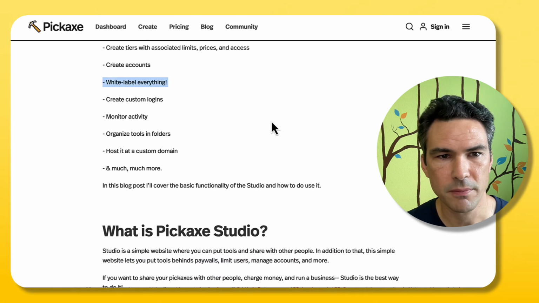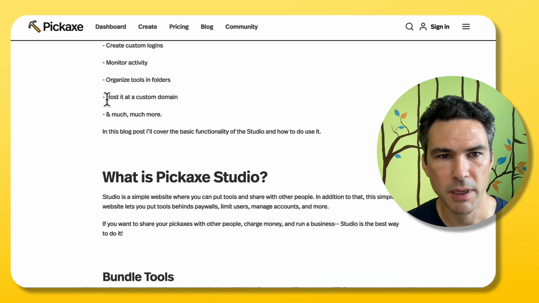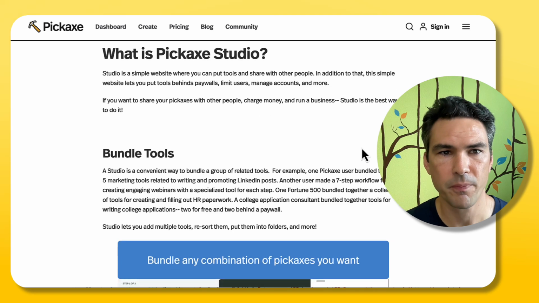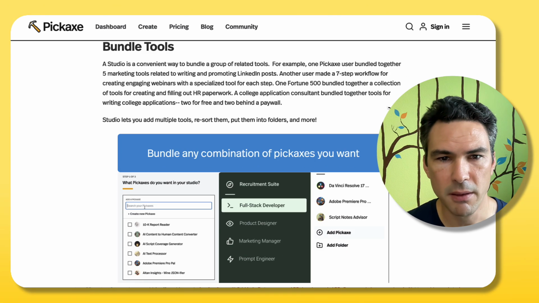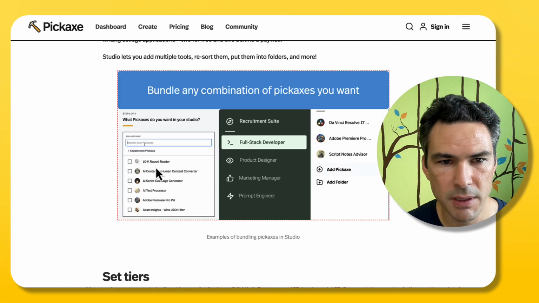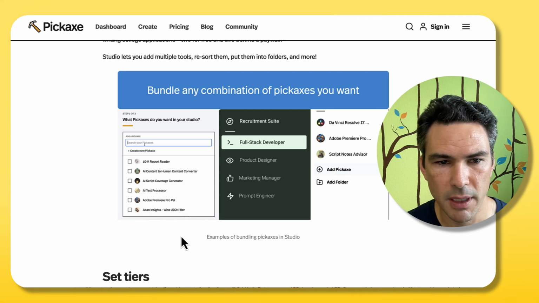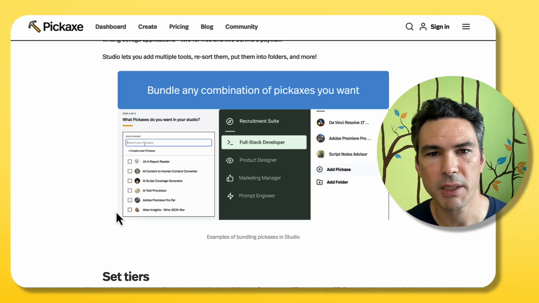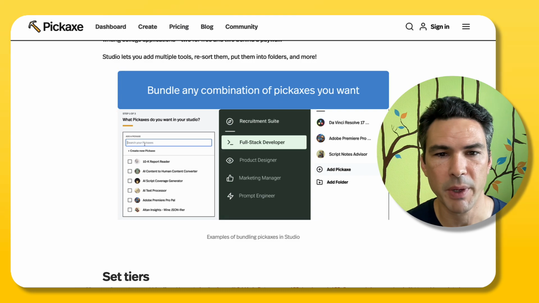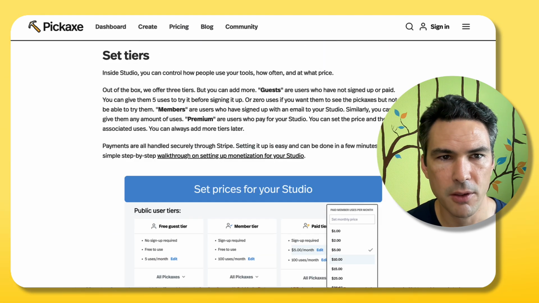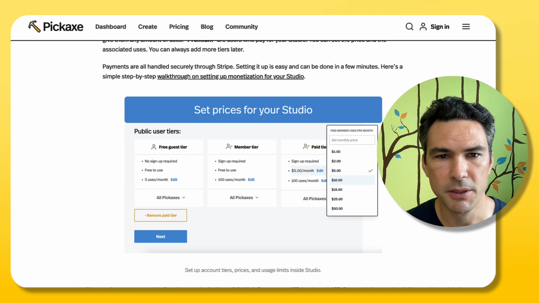White labeling, custom logins, even at your own domain. It's just using their studio functionality. All right, so here's the bundling. So you have this 10K report reader, AI text processor, etc. You can choose which of those is included in your Pickaxe bundle in your studio. You can set your tiers,